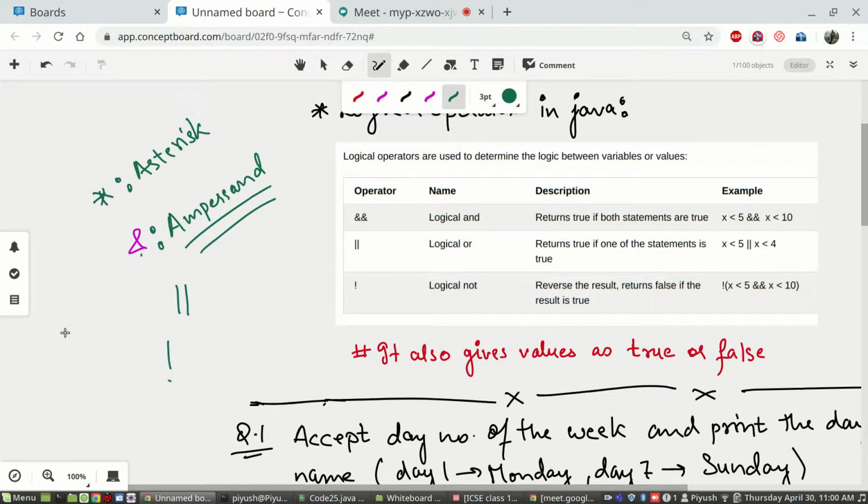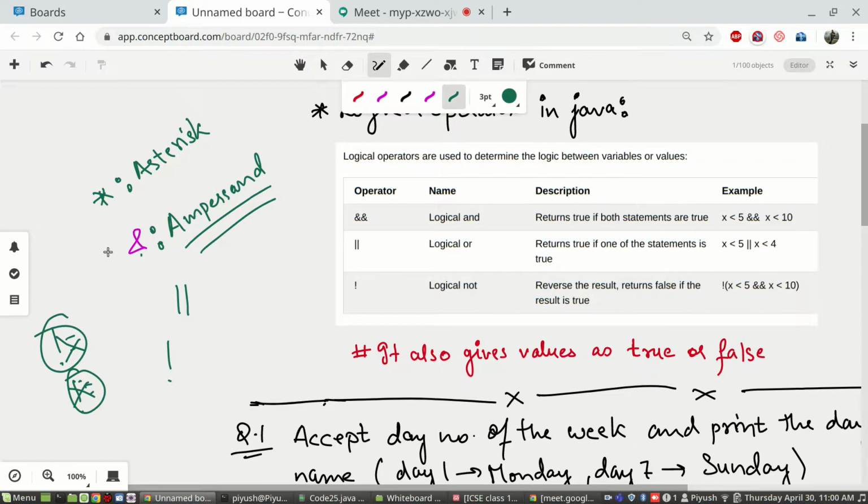Don't confuse it with exclamation mark equal to. That is a different thing, that is relational not equals to. This is logical NOT. I'll tell you what these things do.